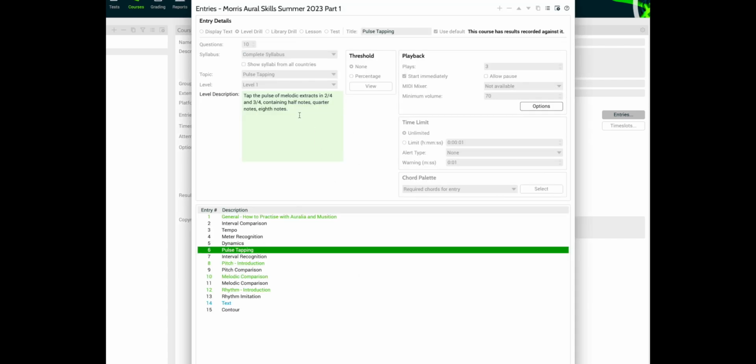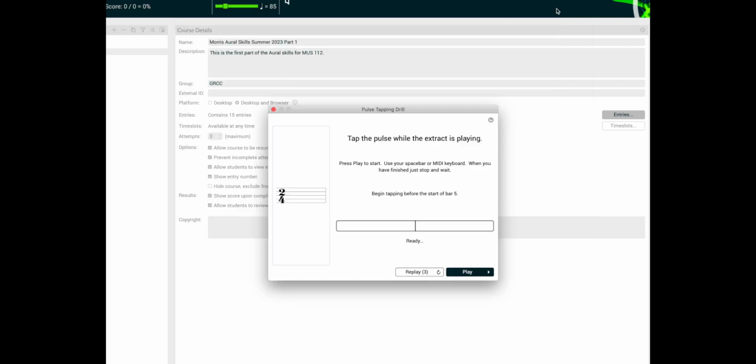Pulse tapping. Now we're going to tap the pulse. This actually gives you the pulse. It'll tell you whether it's in 2/4 or 3/4. And so when I see this, okay, this is going to be in 2/4. And what we're going to do is we're going to press the space bar and